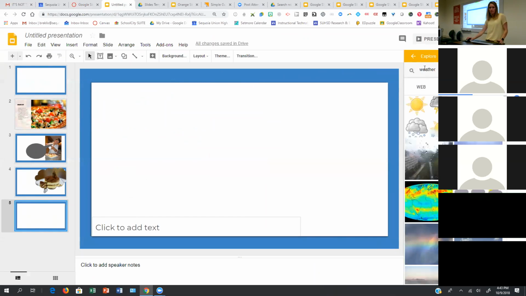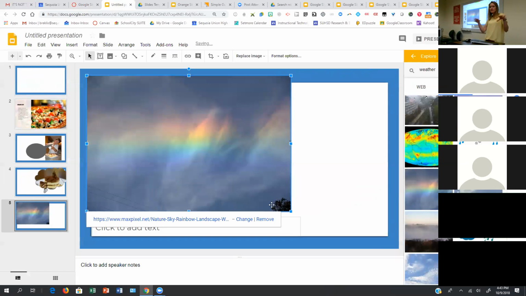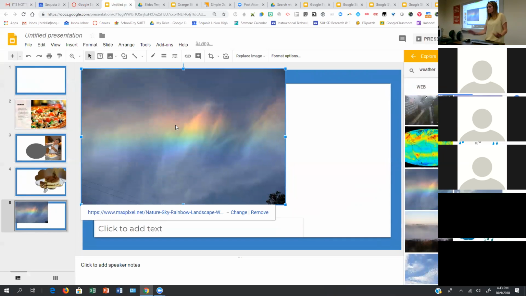We'll get away from food. Okay, so that one's kind of cool. We'll add in a picture that doesn't have too much going on, right? So we can make that the background of a slide. So I just added in a picture, and then I want to pull it all the way to the edge. And if it's hanging over, that's fine. Because in present mode, the only thing that shows is what's inside the range.